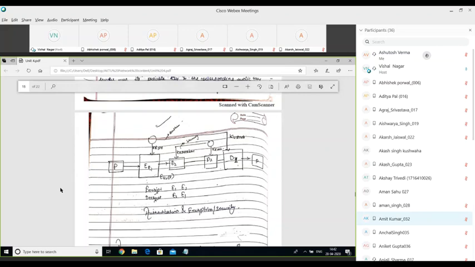So first we are using your password, which is the private key, applying authentication through your ID and password, and after that you are applying the security by introducing the public key of the receiver.